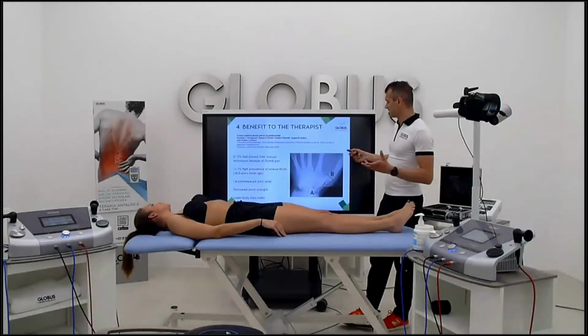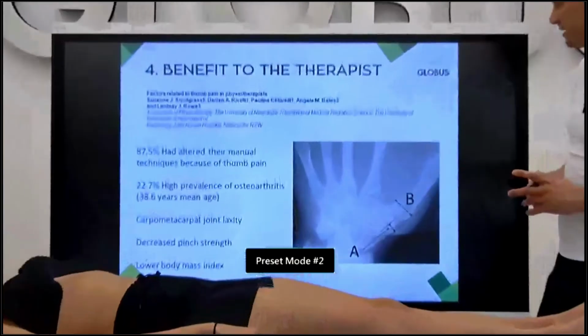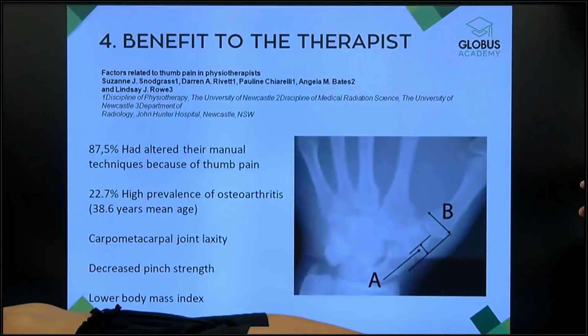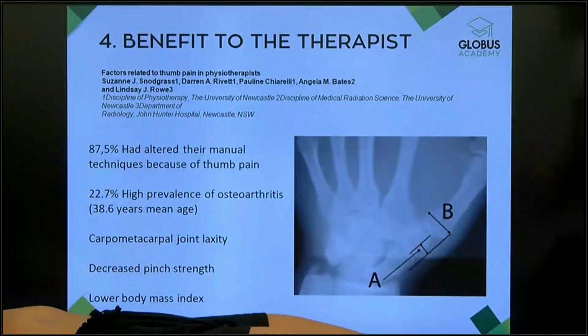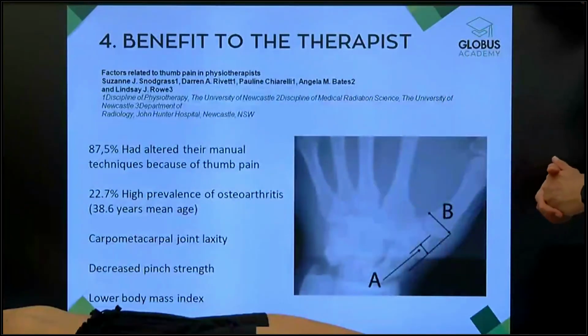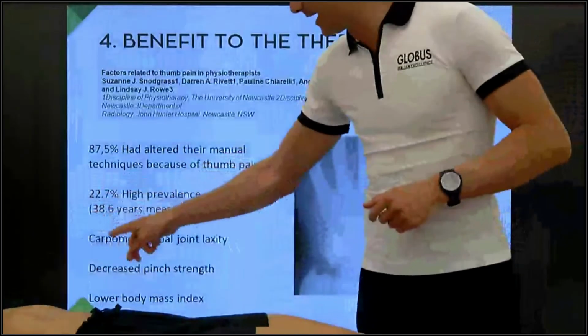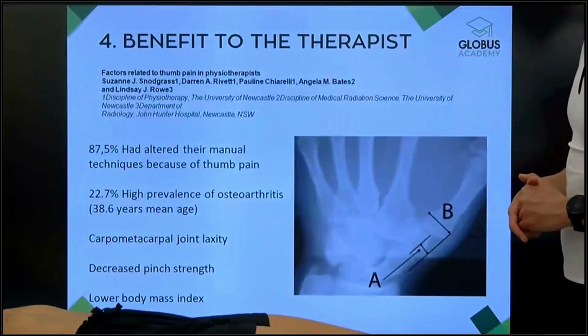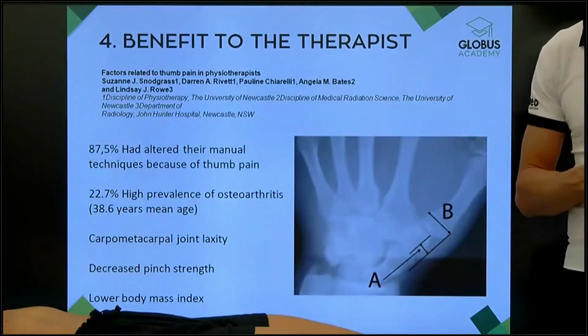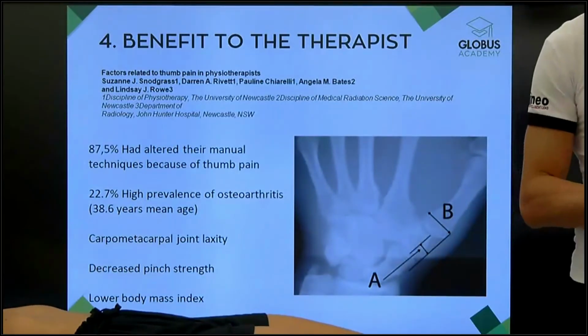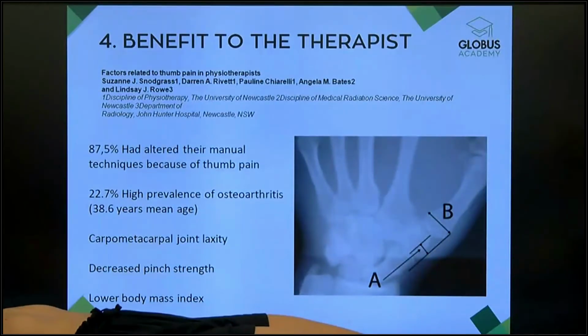All right, another one is the benefit for the therapist. Last time we were speaking about the pain on the thumb and the high prevalence of osteoarthritis for all the physios, because we work with hands and there is a high level of prevalence of osteoarthritis in physios, also at young ages. This was a study with 24 physios, but there are a lot of studies. If you go on PubMed or where you want, you can easily find a lot of publications speaking about the work-related pathologies for physiotherapists.